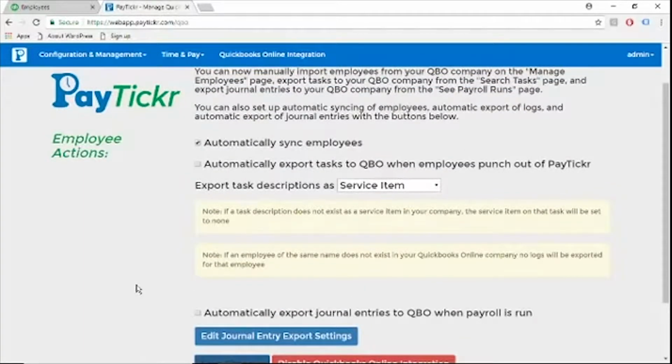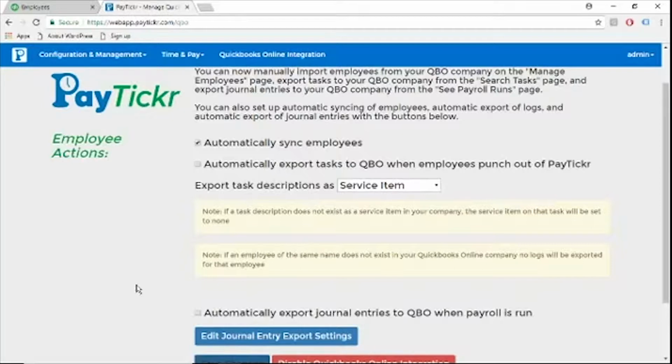What that synchronization means is that if you create, edit, or deactivate an employee on either the PayTaker or the QuickBooks Online system, the same action is going to happen on the opposite system. We do recommend, though, that you create your new employees on the PayTaker side, because if you create them on the QuickBooks Online side, you're going to still need to edit the employee on the PayTaker side a bit later on and set them up with a username and password, because that information is not provided on the QuickBooks Online system. On top of that, the QuickBooks Online system is only going to export user data once every 5 minutes, so you might have to wait up to 5 minutes for the employee to show up on the PayTaker side